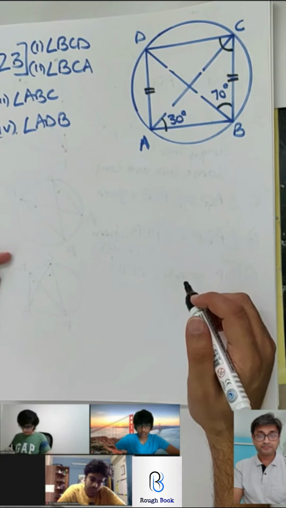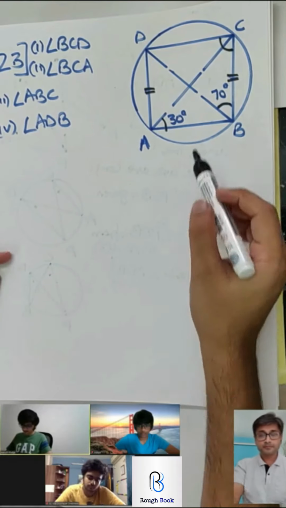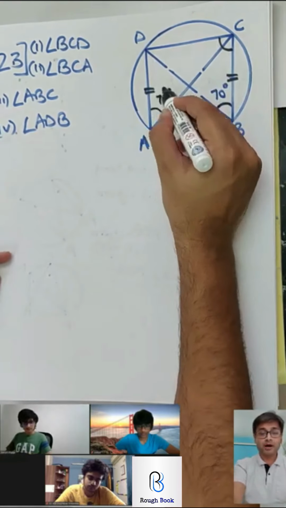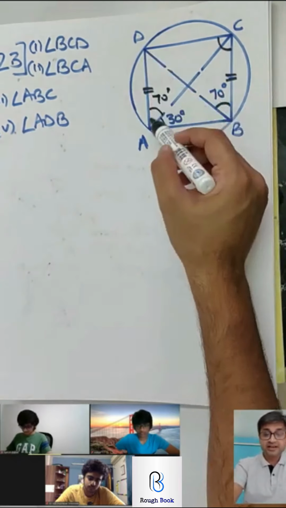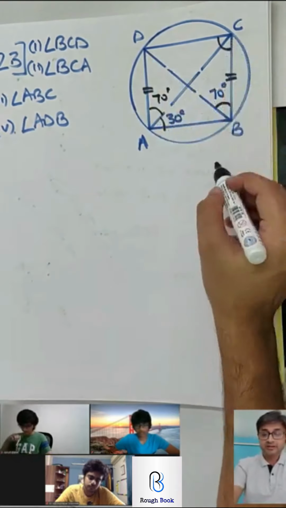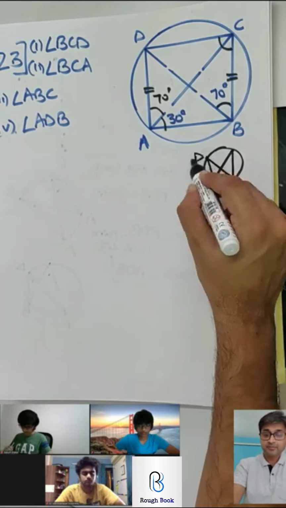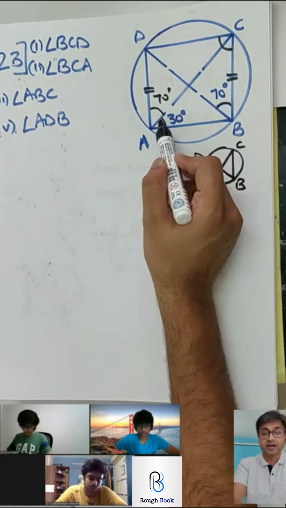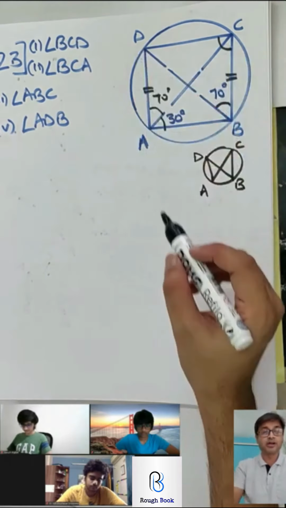Go ahead, Bhakar. Yes, so we can say angle DAC will be 70 degrees because inscribed in the same arc, and similarly angle DBC. That's bullseye. Seriously bullseye. I'm very much impressed. He says DAC equals DBC. Can you see that? Angles inscribed in same arc. DAC, DBC. So once you get this, you are sorted because this total will be 100, and then just say opposite angles of cyclic quadrilateral are supplementary and you get BCD.